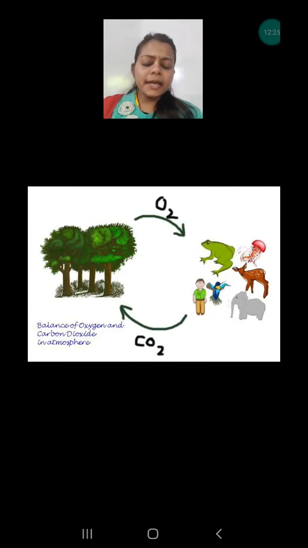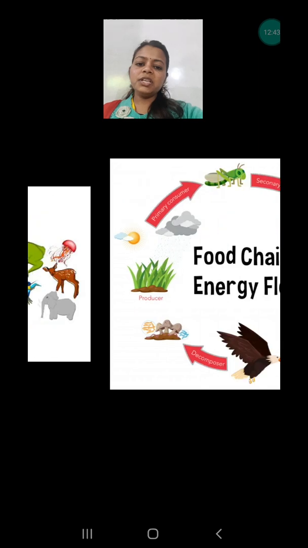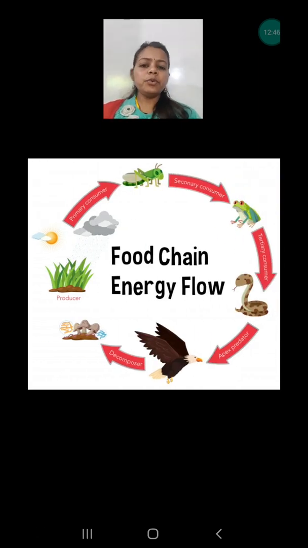Next we are going to discuss why both are important. It is also very important that some of the animals are eaten by other animals. If they are not eaten, then the number of that animal will increase and our nature will be imbalanced. So the food chain is very, very important. Suppose the grasshopper is not eaten by the frog, then the grasshopper will eat all the plants, so there will be a lack of plants. So it is very important that animals are eaten by others as food, to maintain the balance of nature, right?